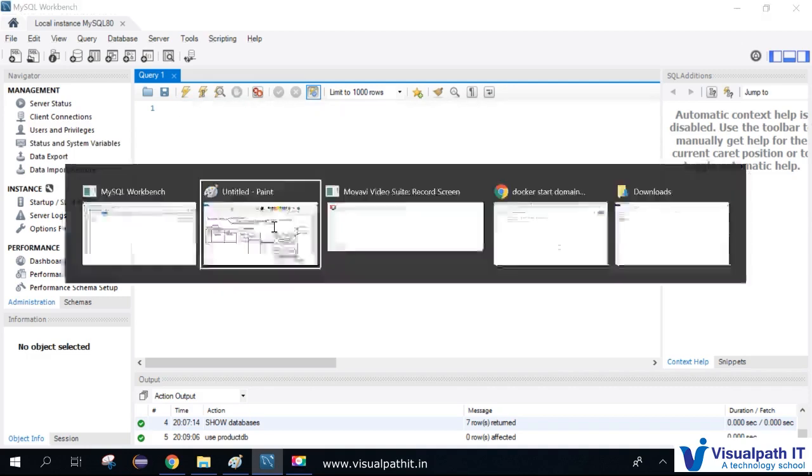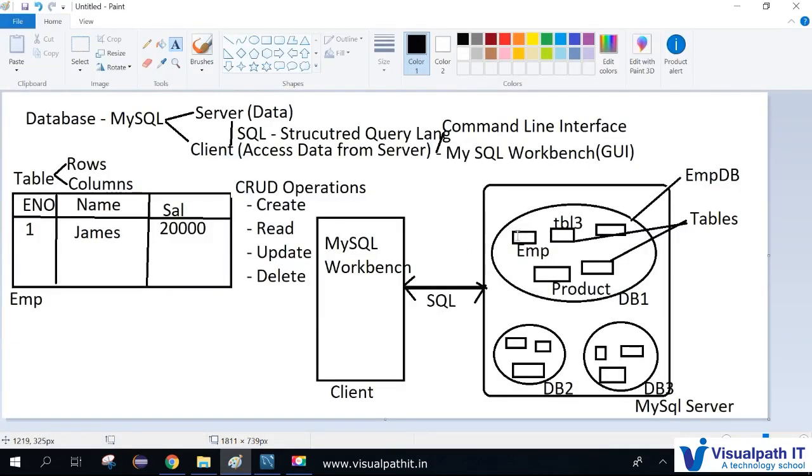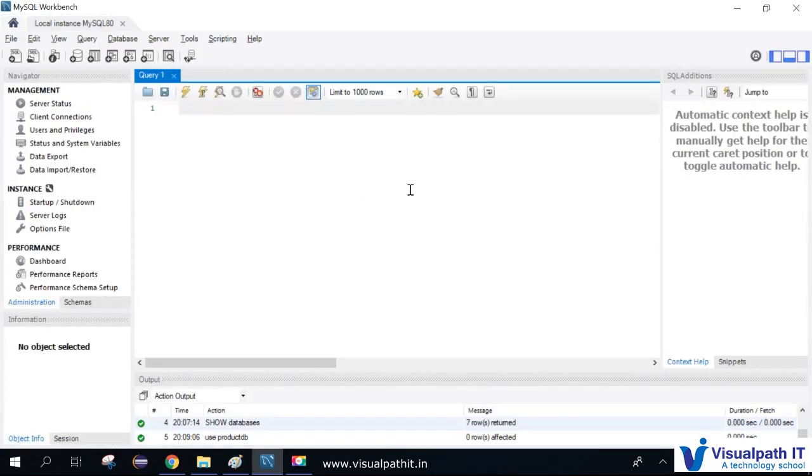Let's go and do this, creating tables now. Later we can add more rows, which we will see in the upcoming videos. So let's create a table within product DB. I want to create a table called products, which will have multiple columns like product ID, product code, name, quantity, price, and so on. Let's create a table for that. Create table